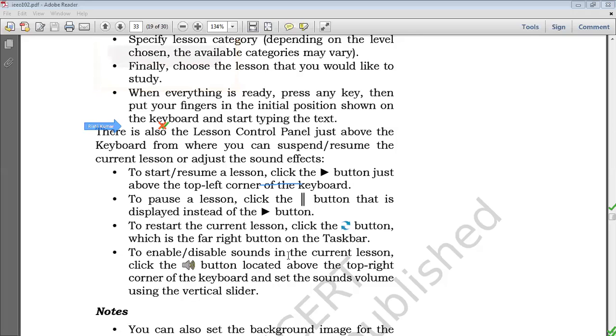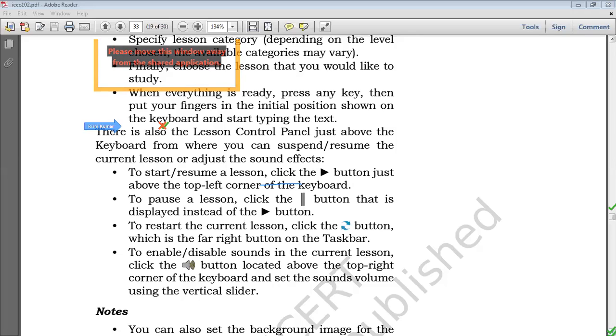To enable or disable sounds in the current lesson, click this speaker symbol. With the help of this symbol we can use the sound, so when we press a key you can hear the sound of pressing the key.